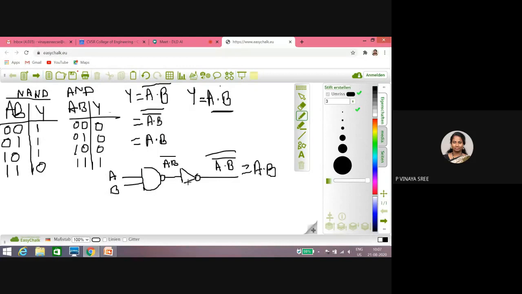But the problem here is you have a NAND gate, you don't have a NOT. So what do you have to do? This NOT must be replaced with the NAND. I said just now how NAND works as NOT. So what do I have to remove here? I have to remove the NOT gate and place one NAND. Previously, how did the NOT work for NAND? In this way only, right? Yes, so this is the way.